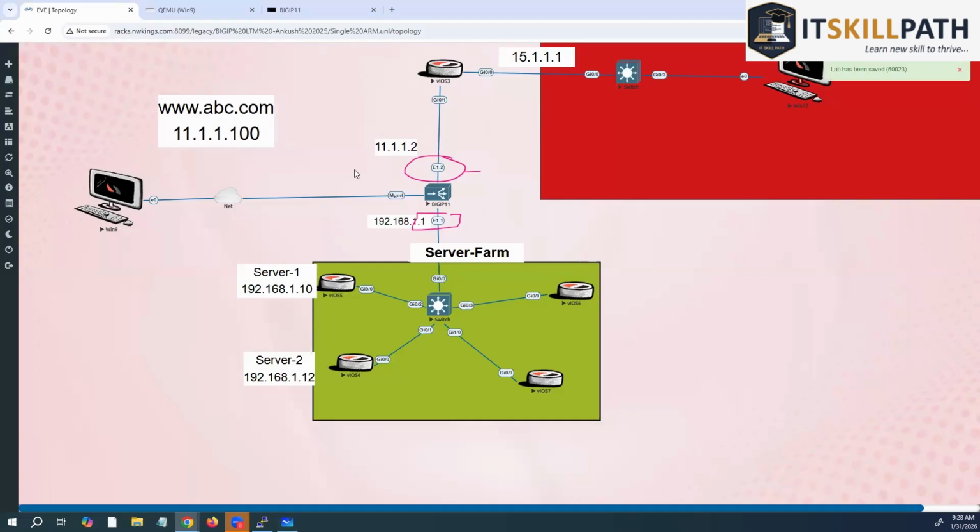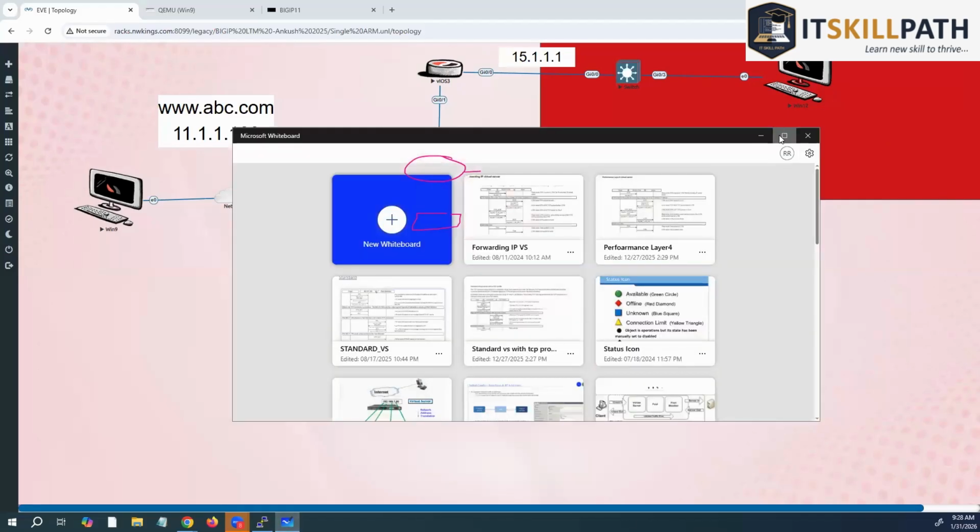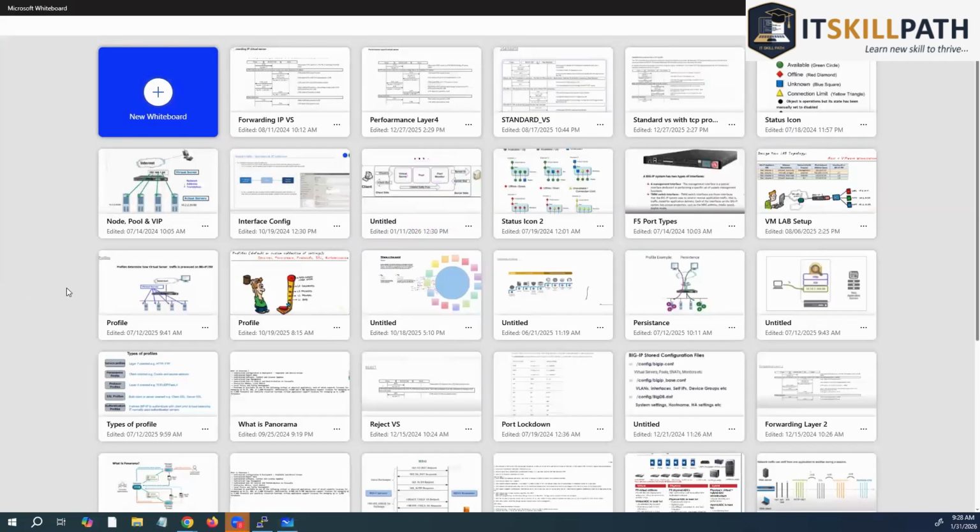Let's suppose you are working on a router. It might be the management IP. No, it's not the management IP. If you want to assign an IP to any router, how can we do that? For a router or firewall, we directly call the interface, like interface G0/0, and assign the IP, correct? Yes. But in F5 there is a different method, and first we have to create the VLAN, correct? And within that VLAN, we create the